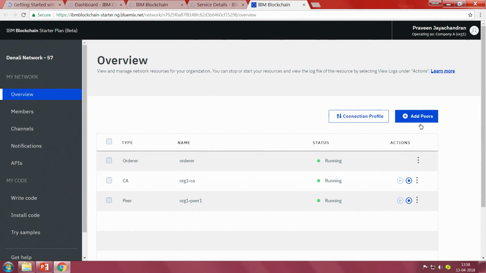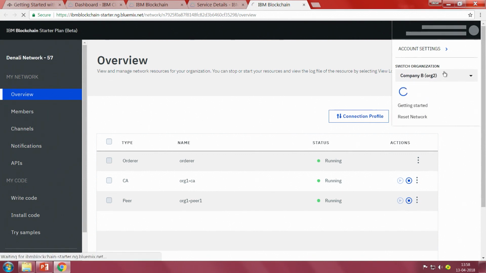What this network gives you is two organizations, like I mentioned. The view that you are seeing right now is you operating as just one organization called company A. This is a starter plan, meant just for playing around and basic development. So, there is no fault tolerance here. There is just a single ordering service, a single node, running solo ordering service. You have one CA and one peer for company A, and on the top right if you click there, you can see what company B's view will look like.